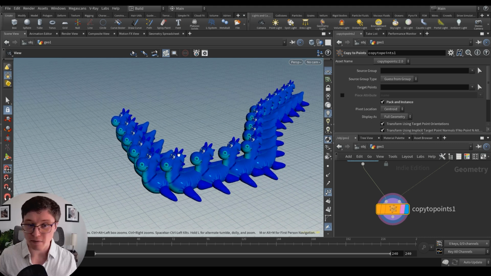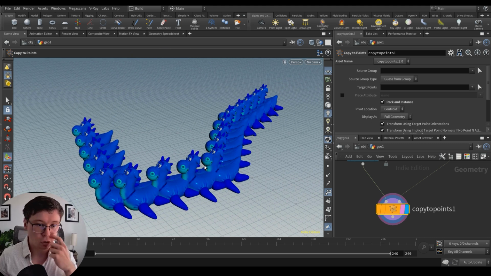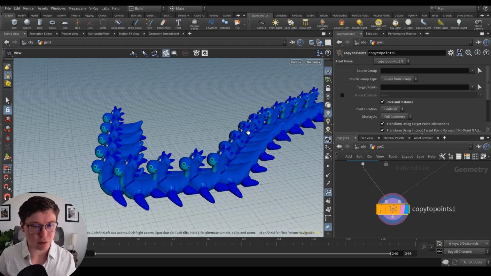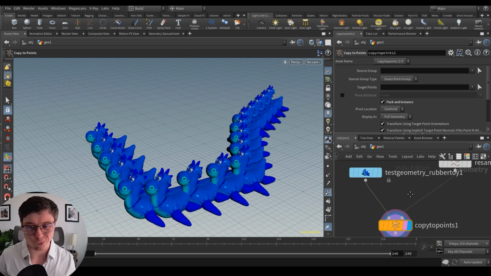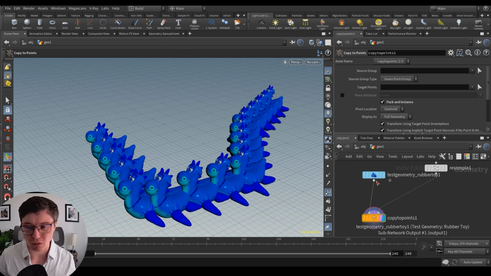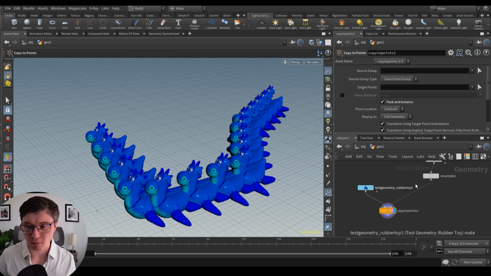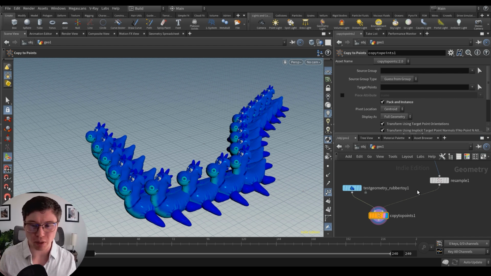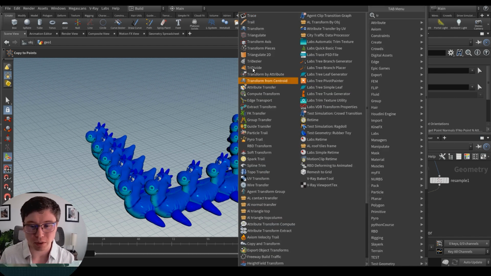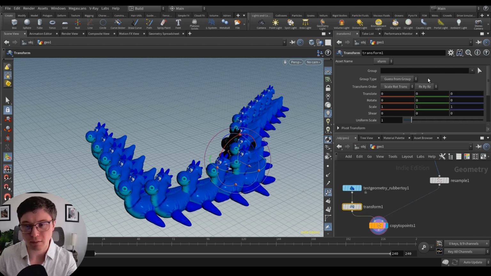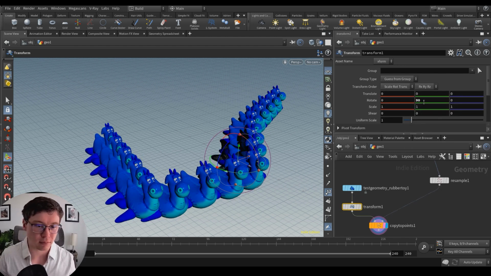Now that we have that, maybe we want to play with some features like driving the scale, driving the rotation, right? They are all facing in the same direction. So far, okay, let's see what we can do here. If we would want to rotate them 90 degrees, well, either you could put a transform in here and say you want to rotate 90 degrees. That would be one option.